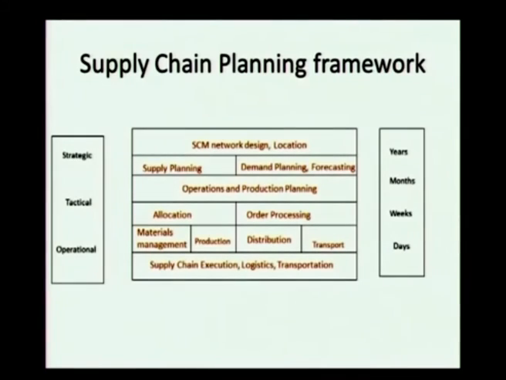We come to the last slide in this presentation, which is called the supply chain planning framework, where we show the strategic, tactical and operational decisions in the supply chain through a planning framework. And we have already seen several aspects of this. Supply chain location and network design come under strategic decisions. We have seen this in an earlier slide. Supply planning, demand planning, forecasting, operations planning are all tactical decisions, while materials management, distribution, execution, logistics, they all come